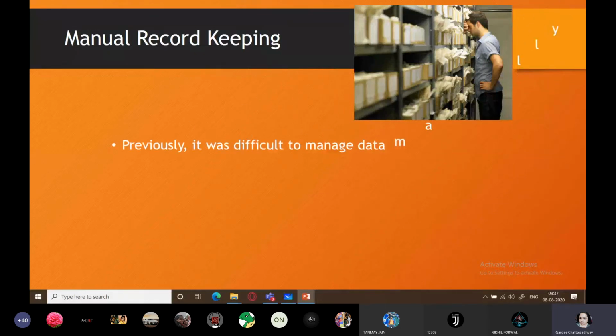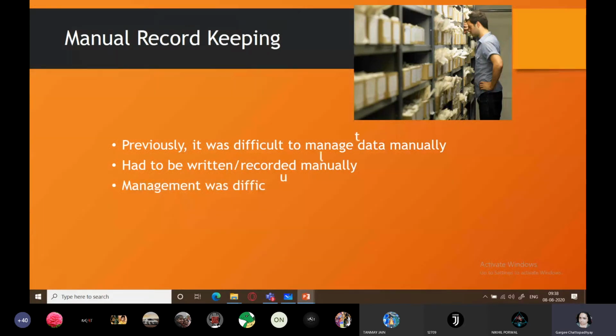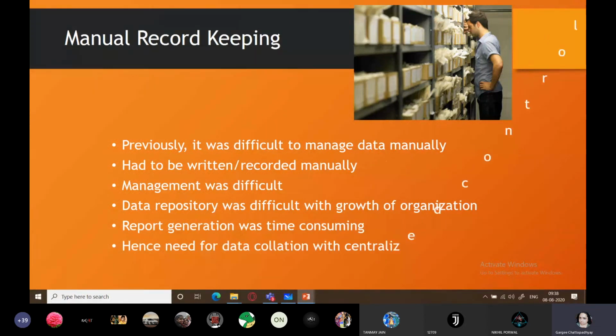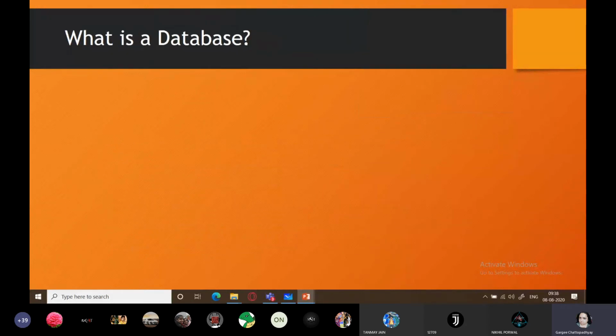So previously it was difficult to manage data manually, as it had to be written or recorded manually. Management was difficult. Data repository was difficult with growth of organization. Report generation was time consuming. Hence, the need for data collation with centralized control over data.